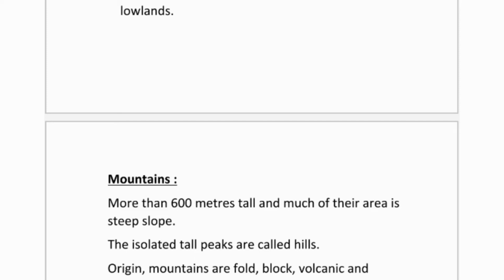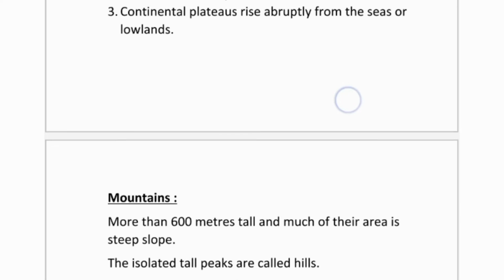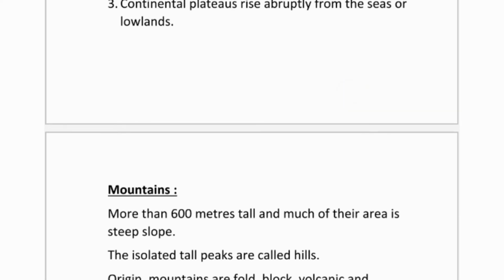Local relief is also low. Some plateaus may be very high. Example, Bolivian and Tibetan plateaus. Intermountain plateaus are generally formed and associated with the mountains, either surrounded by mountains or situated between two mountain ranges, that is Tibetan plateau. Pediment plateaus lie between mountains on one side and the sea or plains on the other.